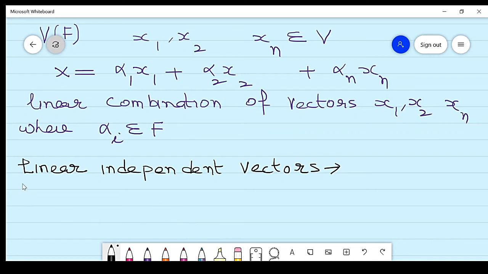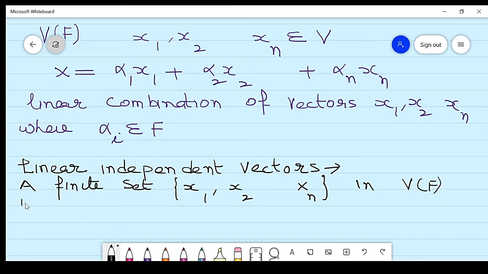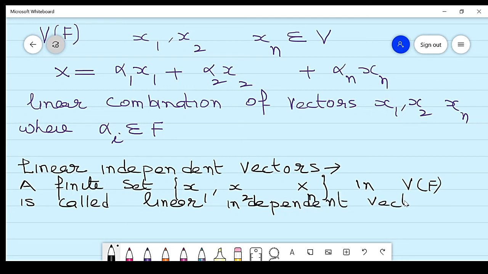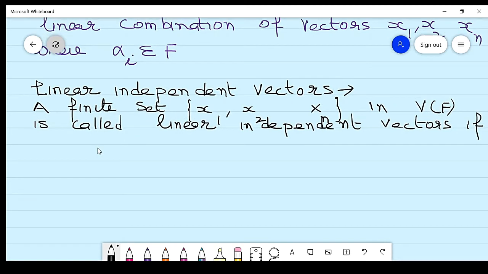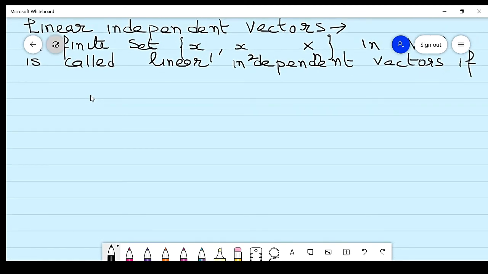So a finite set of a vector space, suppose that set is x1, x2, up to xn in a vector space V over F, is called a set of linear independent vectors if there exist scalars alpha 1, alpha 2, and so on up to alpha n,